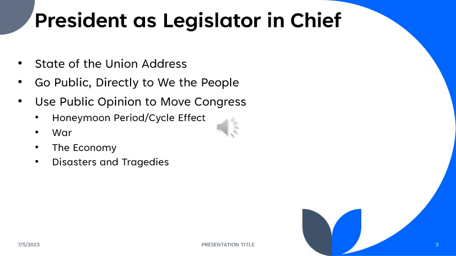There's no better example than President Ronald Reagan giving his primetime television speeches back in the day. He was known as the great communicator. He had a background as an actor in Hollywood. He used that very effectively to go directly to we the people and say, hey, we the people, right? We need federal tax reform. Put pressure on Congress to do something about that. Hey, we the people. We need to rebuild our military after the Vietnam War debacle. Put pressure on Congress to do something about that. Right? So you can go sometimes directly to we the people.